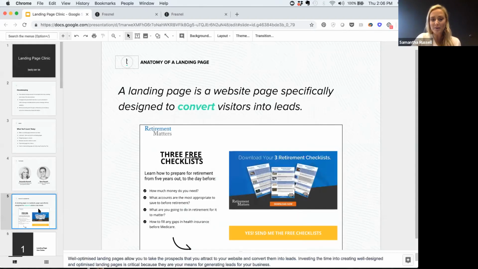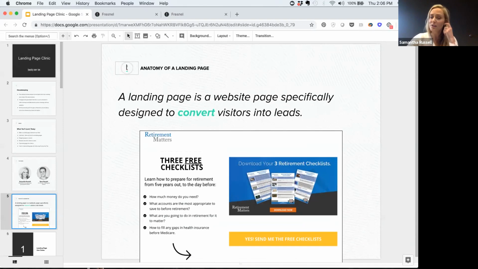Okay, thank you. Let's dive right in. Just to cover our bases for those of you who said you don't know what a landing page is: a landing page is a website specifically designed to convert visitors into leads. In order to do that, it's going to get some piece of information from the visitor, and we'll talk about what that information could be. But when it comes to how it's structured on your website, I pulled up an example here to show you.